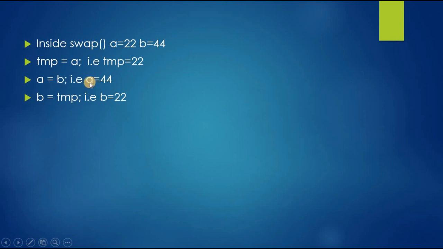So now the value of a is 44 because b is 44. The next statement is b is equal to tmp. The value of tmp we got is 22, so b will now be 22 here. This is how we swapped the numbers.